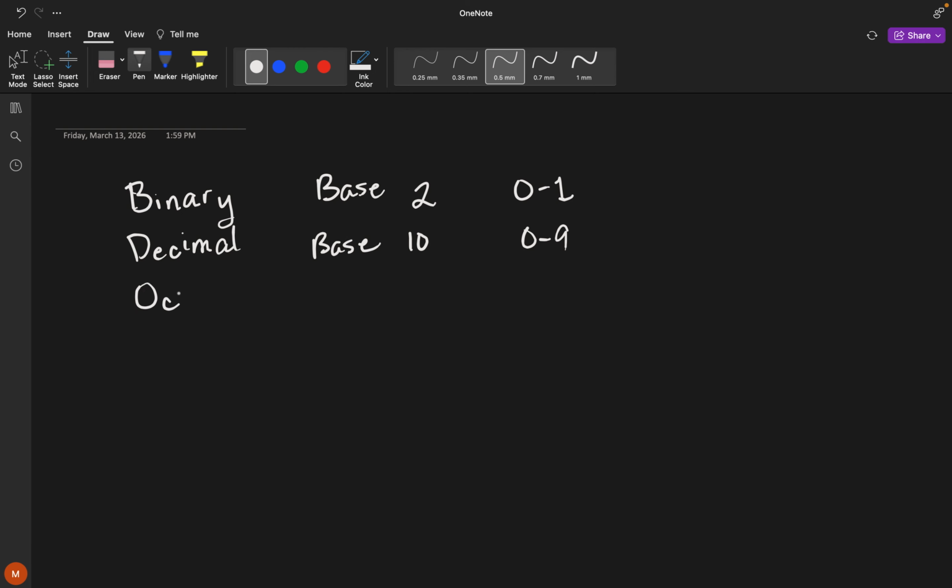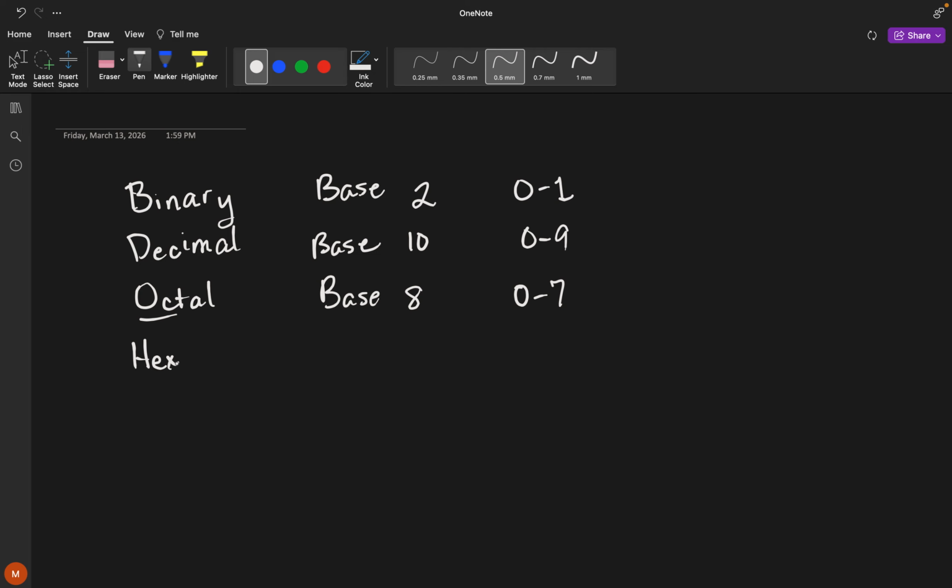Another one often used in computer science is octal, and you might guess oct means 8, base 8. Think, what digits do you think are available in octal based on this pattern compared to these? It's 0 through 1 less than the base, so 7. And you could have